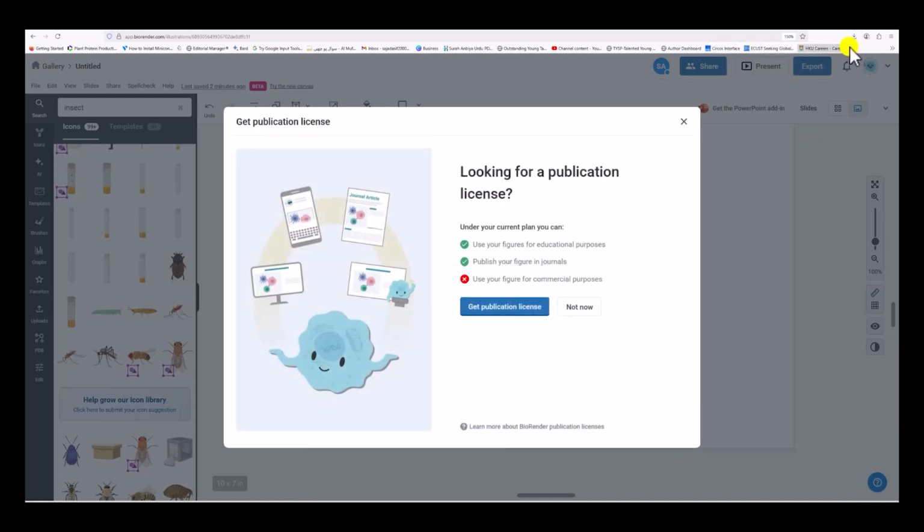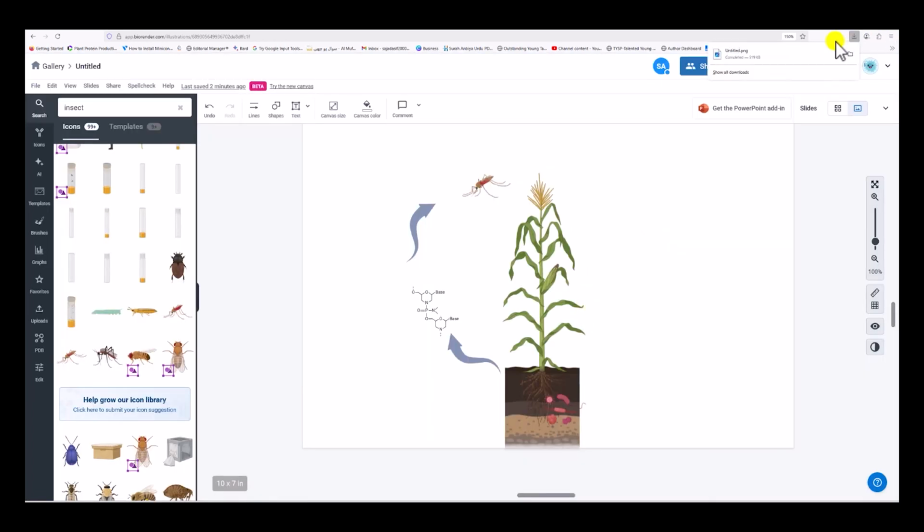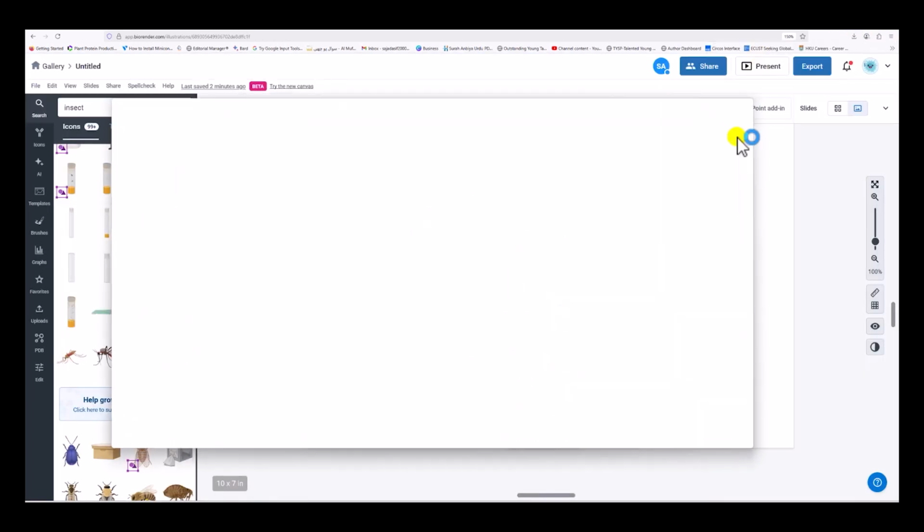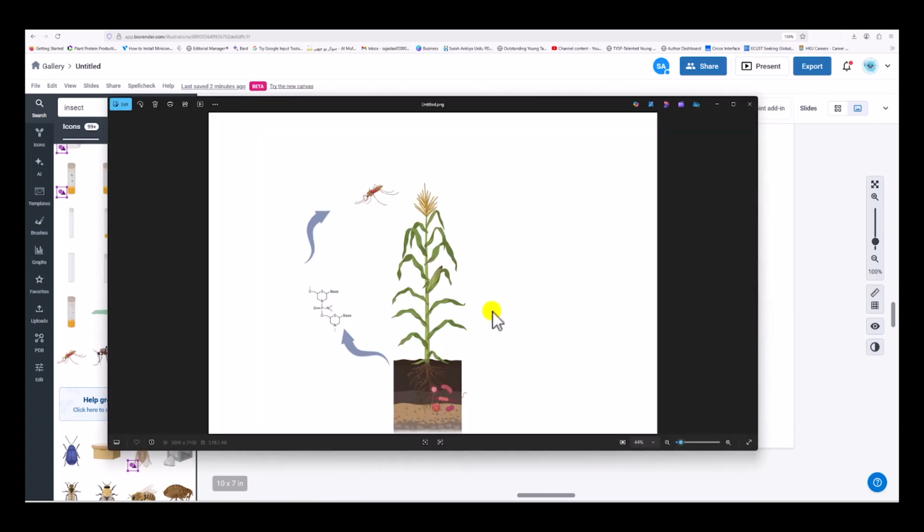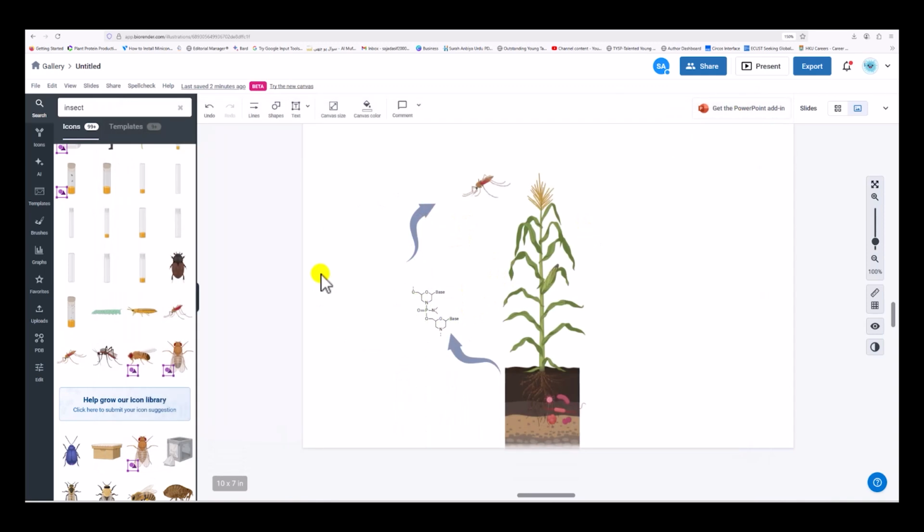Okay, so now I created this, and now I exported this figure, and you can see here now it is in PNG format in a very easy way. But as I mentioned before, if you want to learn more about BioRender, there are many tutorials available on the BioRender website.